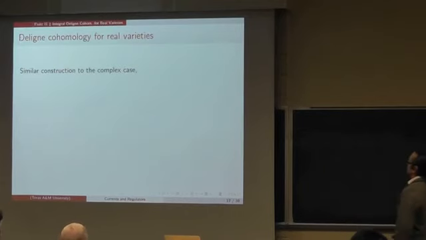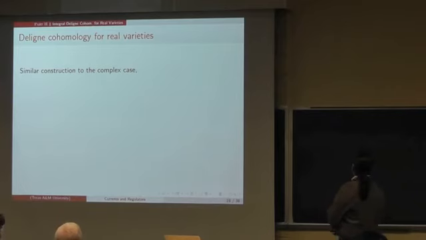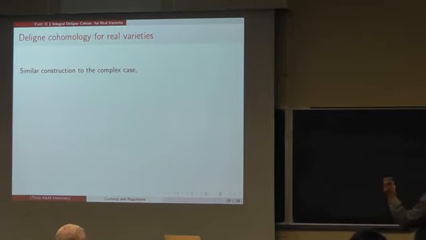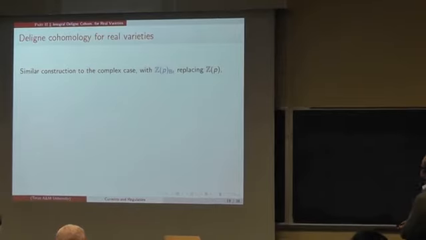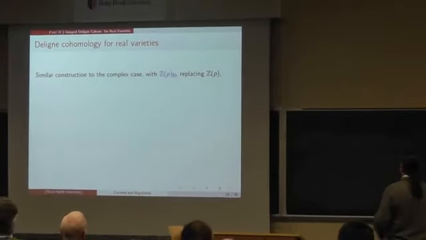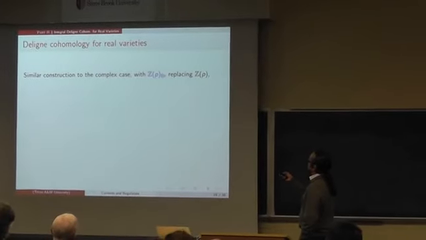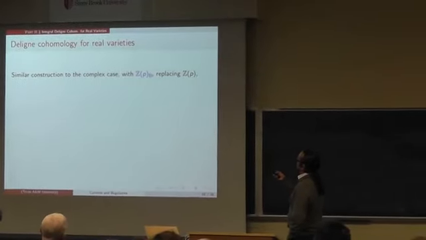Now let's go to Deligne cohomology for real varieties. This Bredon bigraded cohomology has a lot of interesting properties. I will not go into it, but it picks up a lot of interesting torsion and invariance of the action. Now, for real varieties, we go to the construction of the Deligne cohomology in the same way as Deligne did, except that the Bredon complex will replace